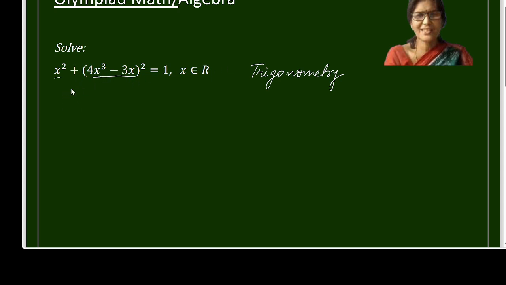So here I am applying trigonometry. That means I am taking x equal to cos θ. And before that, I should take care of the minimum and maximum value of cos θ, that is −1 to 1. So θ must be between 0 and π. It can be 0, it can be π also. Let us check. So I am taking this interval from 0 to π. It may be equal also, but I am not taking it here.